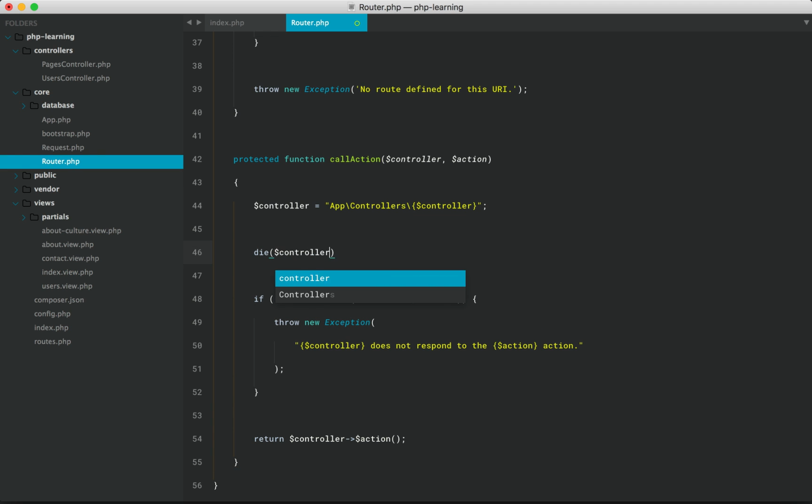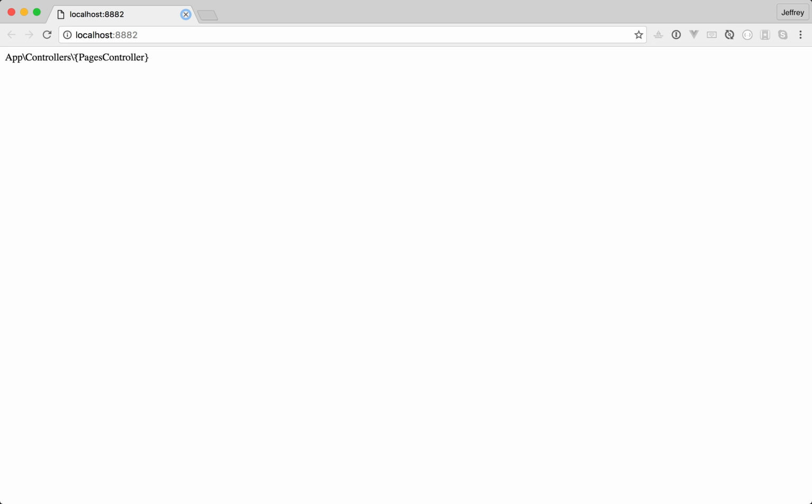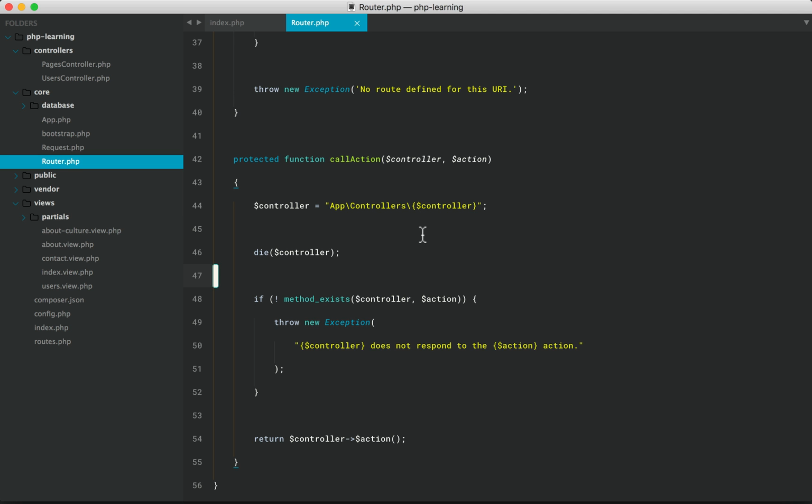Let me show you this real quick. Switch to Chrome. Yeah, notice you're going to see the braces here. So yeah, in this case, it's because we're escaping it. When you precede a symbol with a backslash, that's your way of saying, no, don't treat this as any specific important PHP symbol. I literally just want a curly brace in this case. But that's kind of misleading. We don't want it.